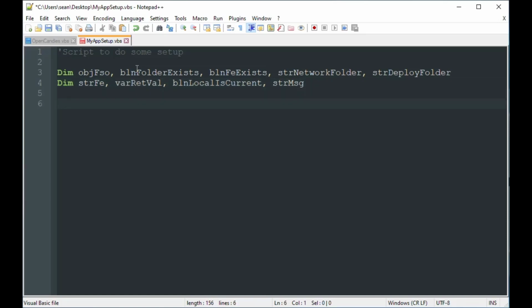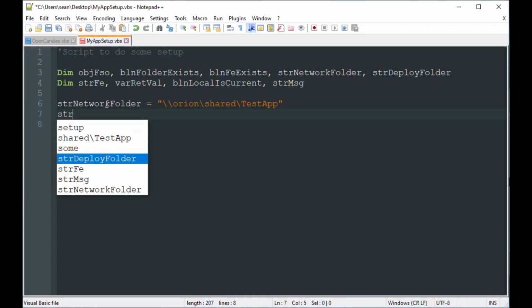It's optional to declare them in VBScript, but one of the nice things about declaring them is, especially if you use something like Notepad++, it's going to put that into the IntelliSense autocomplete for the rest of your coding, which is really nice